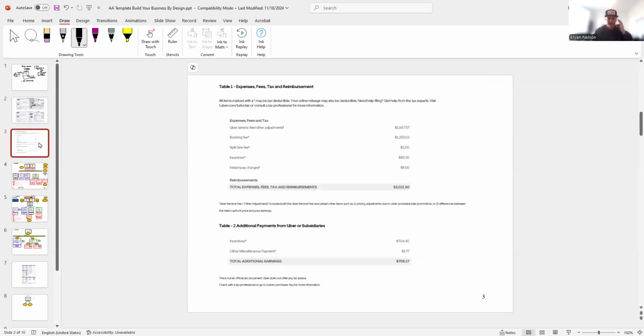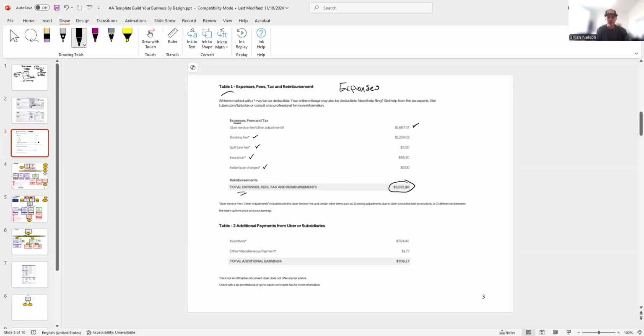And then I just went and pulled this. So you always want to make sure that we're getting our expenses. So when we looked at our financial statements, we also get to deduct our expenses. And so this will be just a sample sheet that Uber would send you, but you can see that on the expense side, there was an Uber fee adjustment. There's a booking fee. There's a split fare fee. There's insurance. There's instant pay charges. And these would be all your